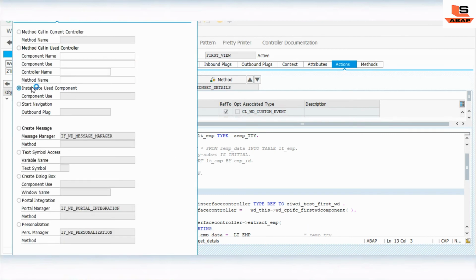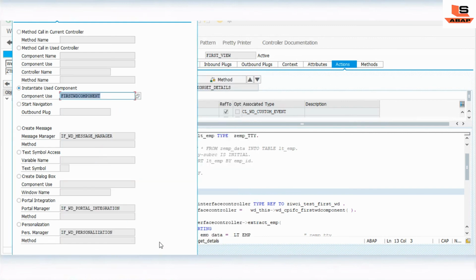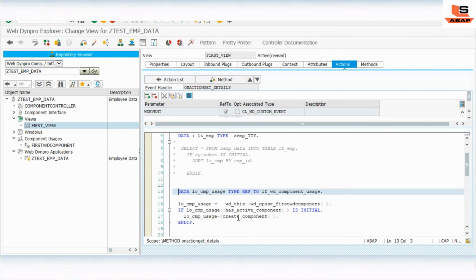As you can see, in instantiate use component, just click on the use component and select the first Web Dynpro. It will add some code over here in order to create the component. That's it, check and activate.